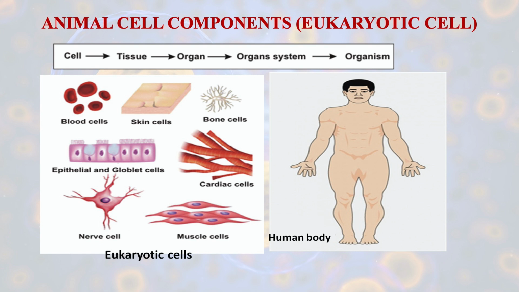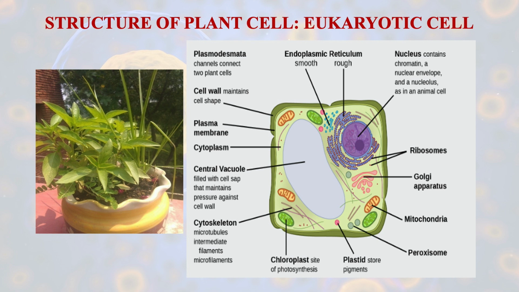So these cells vary in shape and morphology, but their structure is the same. Now come to the plant cell. Plants differ from the animal cell. Plant cells are also eukaryotic cells, and they also have subcellular organelles such as mitochondria, Golgi body, endoplasmic reticulum, and the nucleus. And here you can see the plant cell has a large vacuole and a unique organelle,